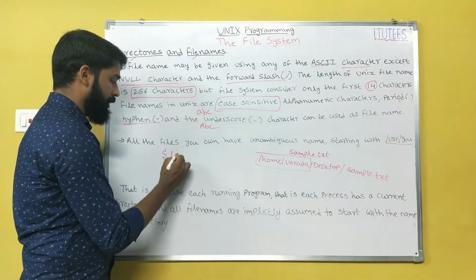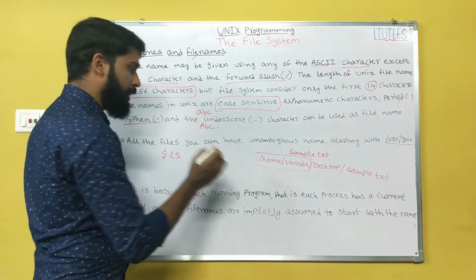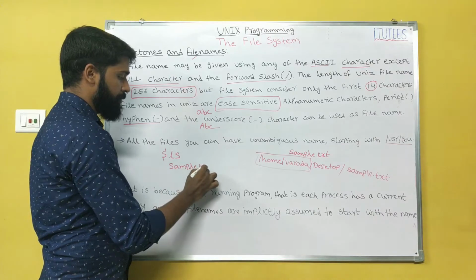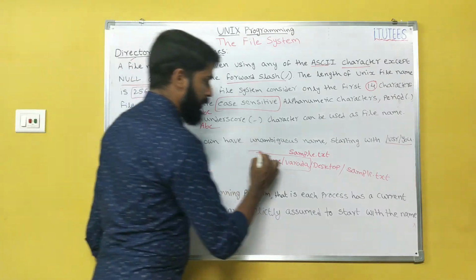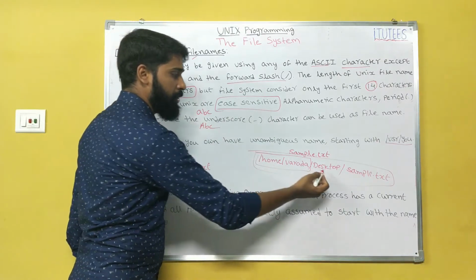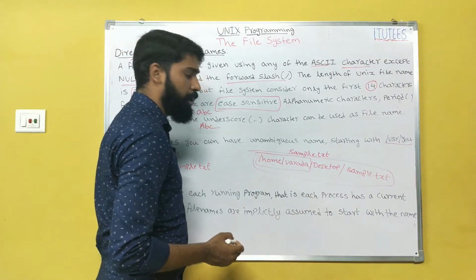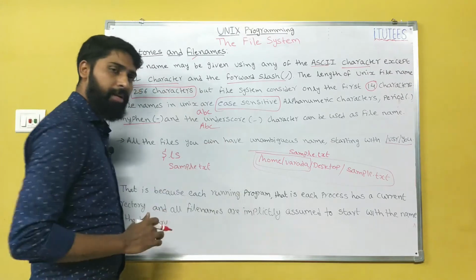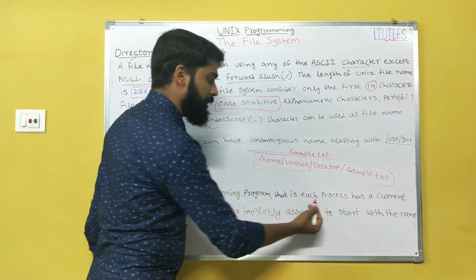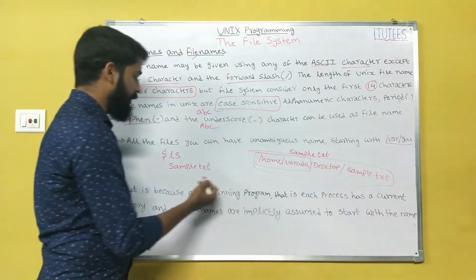In this directory I run ls. Now it prints sample.txt. It doesn't print the entire path, /home/Varada/desktop/sample.txt. Why? Because each running program, that is each process, has a current directory when it is executed,